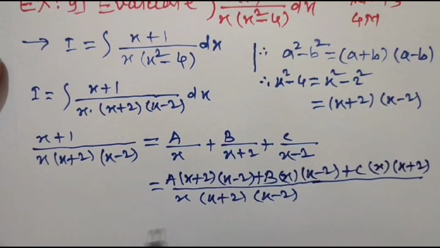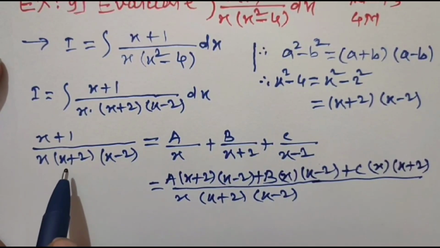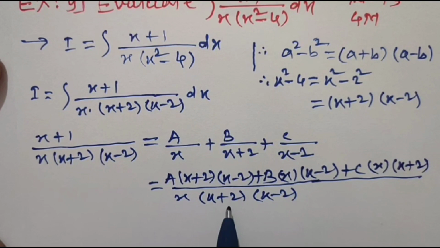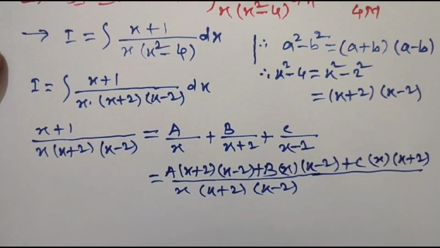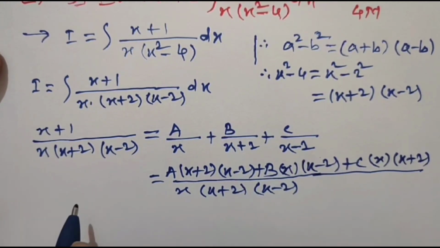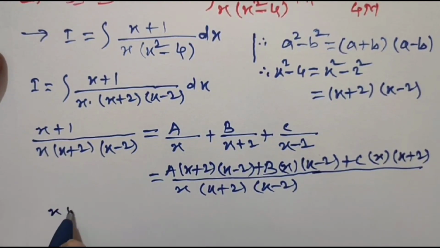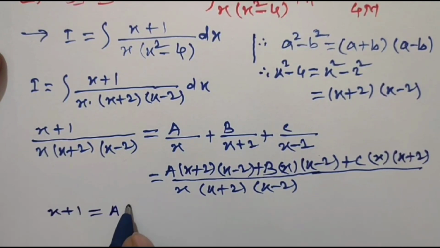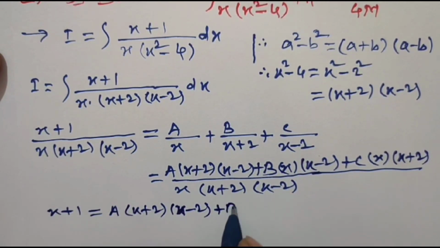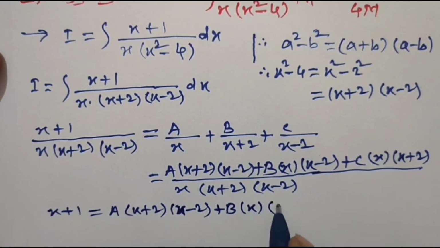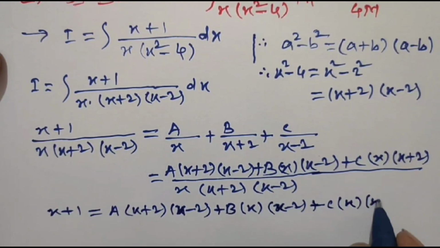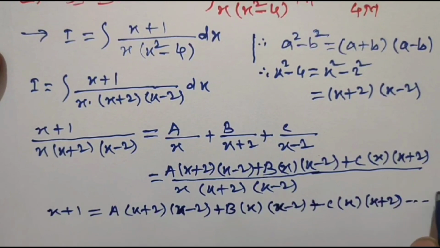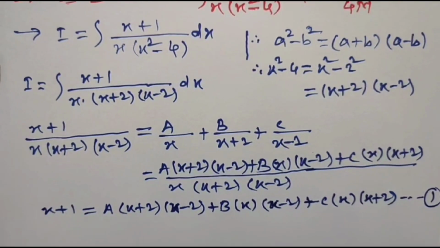Now LHS is equal to RHS and denominator of LHS is equal to denominator of RHS. Hence numerators must be equal. Numerator of left hand side is equal to numerator of right hand side. Applying this property, we can write x plus 1 is equal to a into x plus 2 into x minus 2 plus b into x minus 2 plus c into x plus 2, and consider this is equation 1. This equation 1 is very important to find